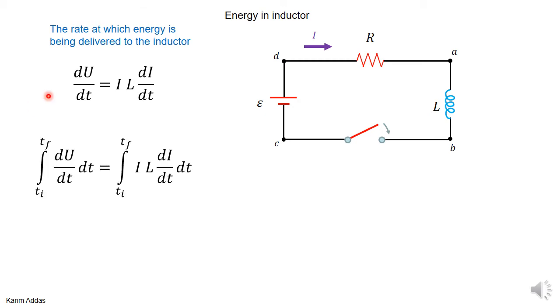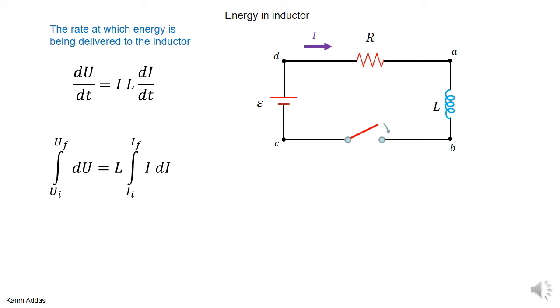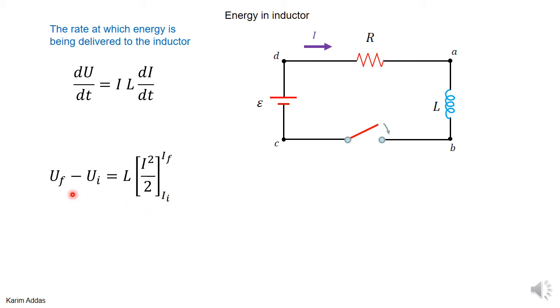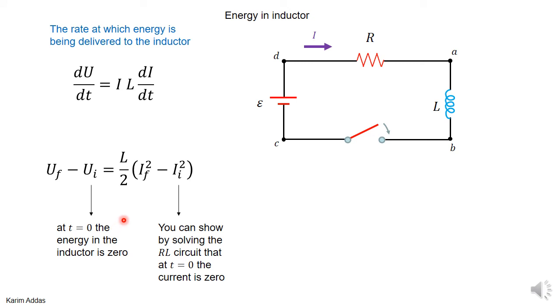So if we integrate both sides with respect to time, what does each term become? This term becomes integration from U initial to U final dU, and this one becomes, the inductance goes out of the integration because the inductance doesn't depend on time, it's dependent only on the geometry. And so you get integration of I dI from the initial current to the final current. This integration is I squared over 2, and then you substitute the upper and lower limits, and you have U final minus U initial. Now, if you start at time 0,